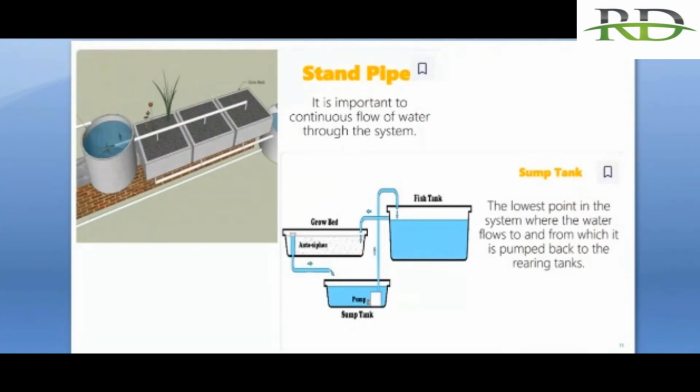Next are the standpipes. They are for the continuous flow of water, and some tank is there. Water from the plant bed. It is the lowest point of the system where the water will collect, and this water will again be used for the fish tank. Next,